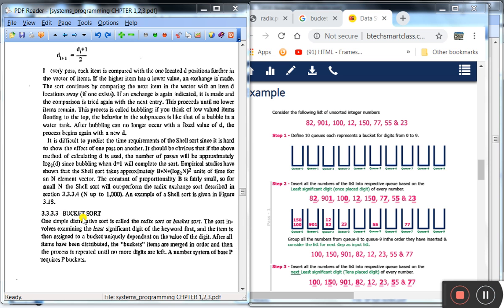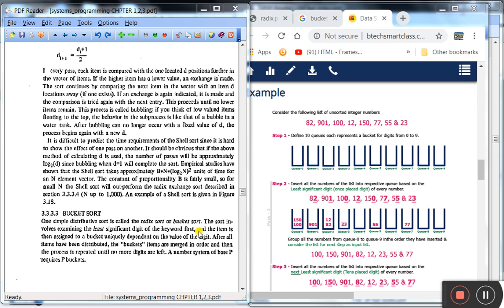This is the explanation given in the textbook for bucket sort. Okay, this is the simple distributive sort, and it is called a radix sort or a bucket sort. Now, here we are checking the least significant digit of the array number, and based on the least significant digit, we are going to distribute the numbers